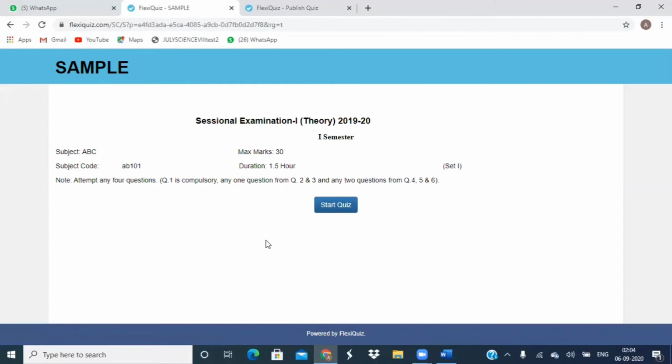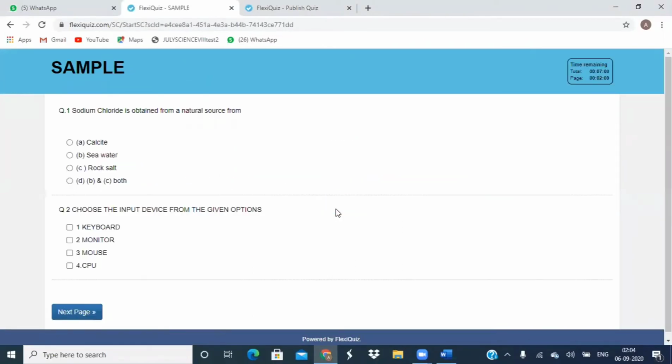And after register, the first page is your instruction page. You can see here, this is the welcome page. Then start. When the students start the quiz, you can see the timings here. The total time of the paper is 7 minutes. Page 1 time is 2 minutes. It will be set automatically. Okay. There is a question: sodium chloride is obtained from the natural sources from